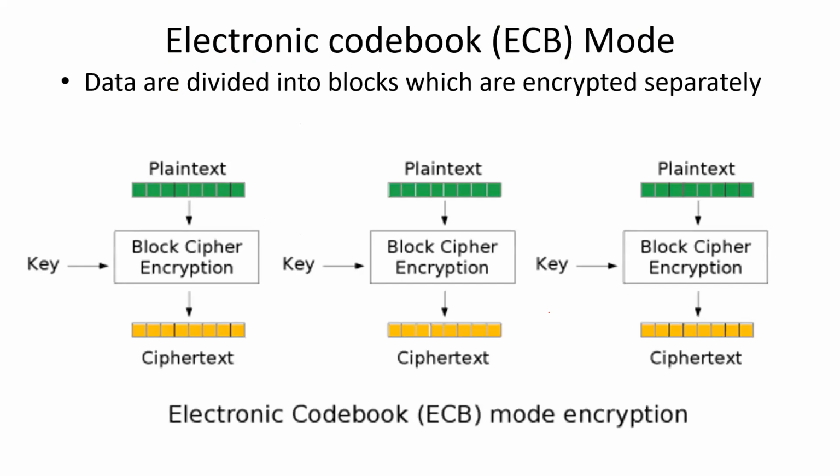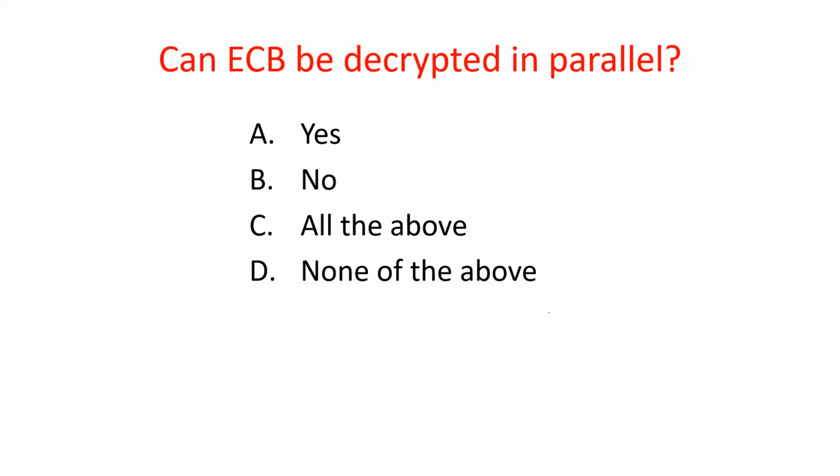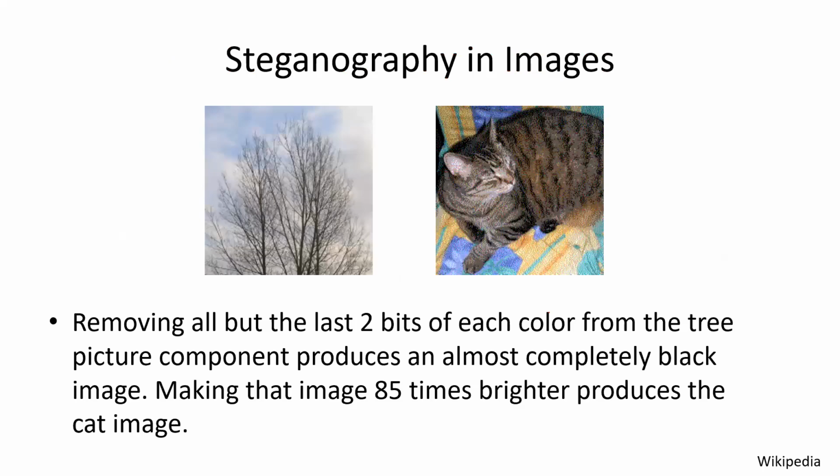Let's take a look at this. Here's the encryption. Decryption is just the reverse. Imagine you're starting at the bottom. You just take the ciphertext, run it through the decryptor with the key, and out comes the plain text. You can do all of them at the same time. You could take every block of ciphertext, decrypt it at the same time, and get blocks of plain text. So it can be done in parallel. A lot of students tried to tell me the wonders of CBC was that it could be decrypted in parallel. I'm like, well, that's nice, but so can the electronic codebook method.